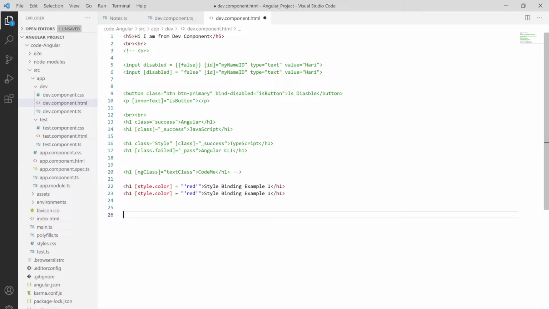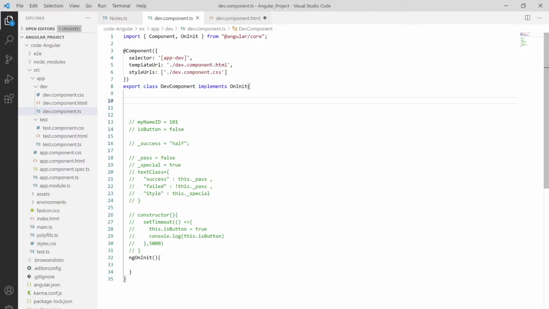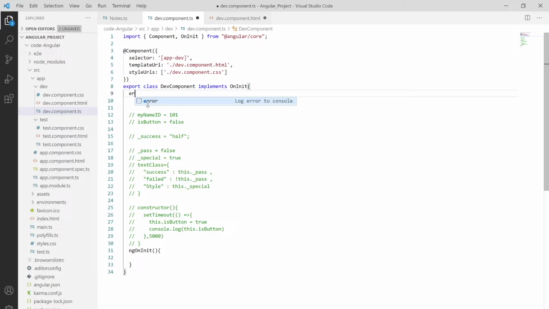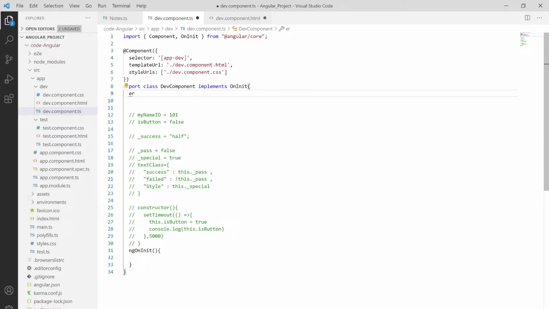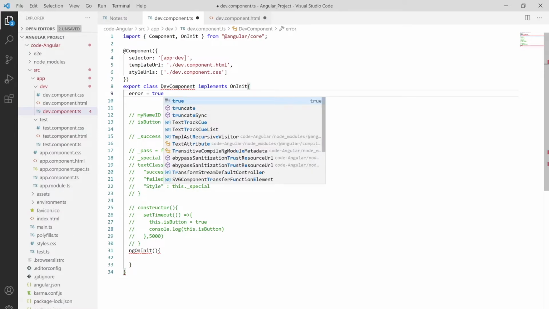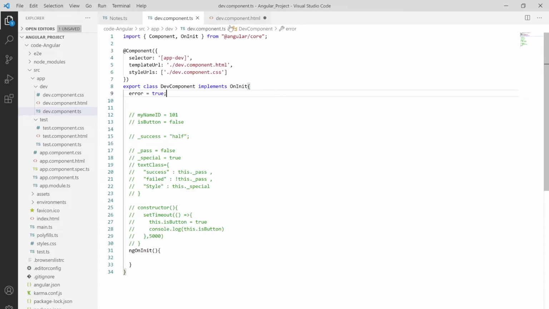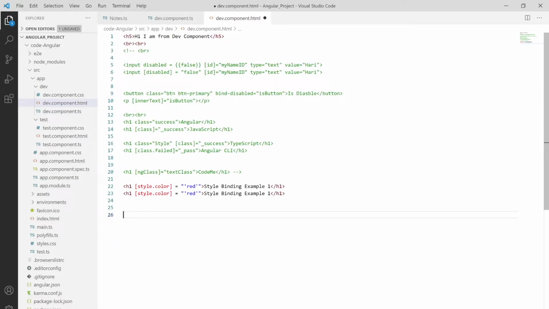And we are using that on the behalf of whatever condition we are using. So let me create a condition, say I have error, and not this one, so I'm creating error and then assigning this value to true. Let me save this thing, and also moving toward style binding. So this is example number 2.